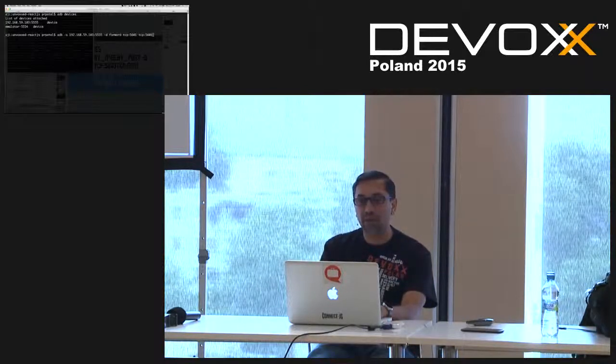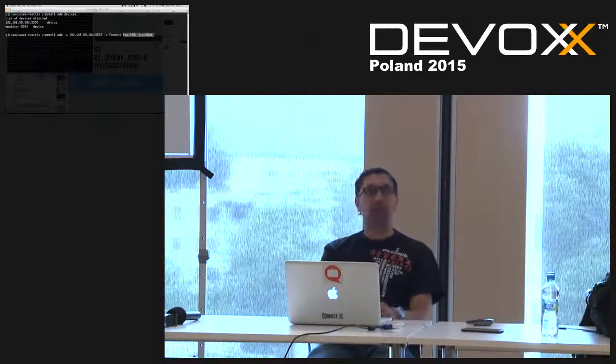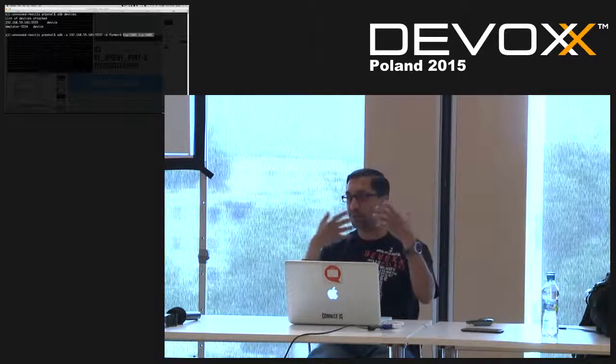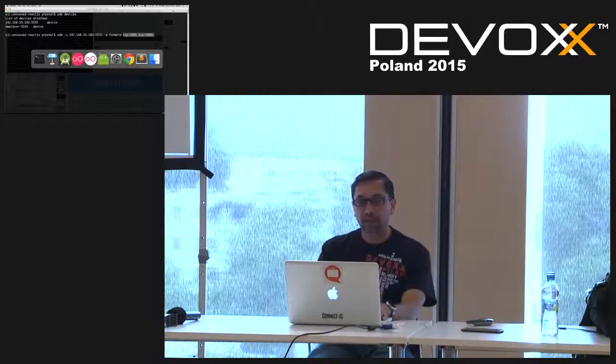So we'll say adb -s, this is the IP address and port of Genymotion. We want to do a forward operation, connect the two debug ports 5601 together, and that basically creates a connection between the